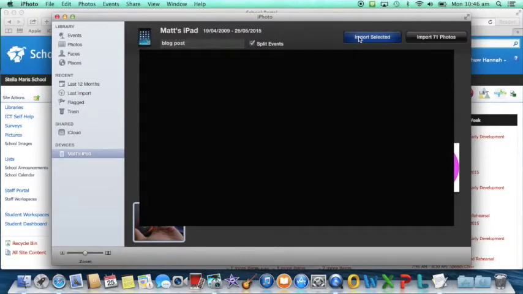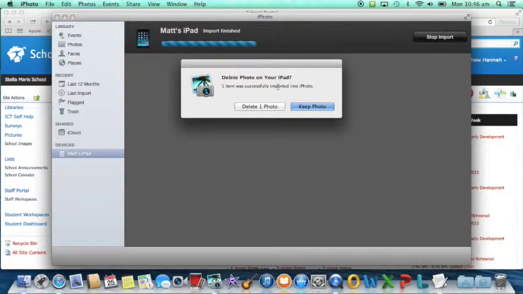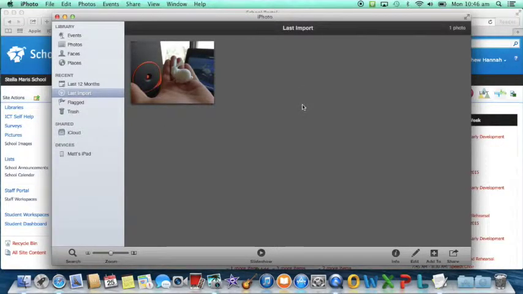So I'm just going to press import selected, and it's saying that's done. Do I want to keep it or delete it off my iPad? Well, I'm going to keep it, but if you wanted to delete it, you could. Alright, so now